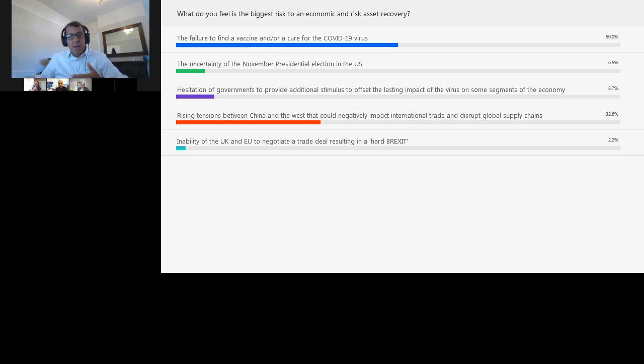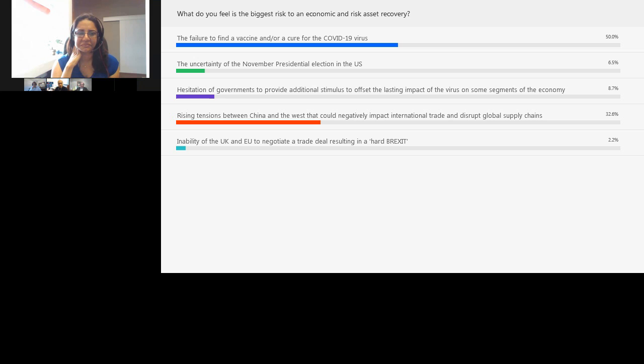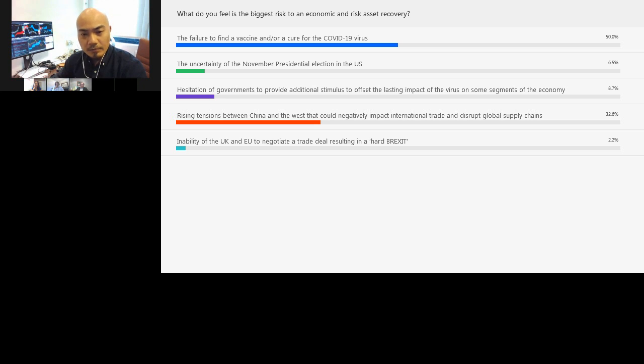Ultimately, I guess that's overall economic recovery. I mean, Ewan, what's your view on that based on what you just said earlier? Yeah, there's definitely more emphasis on the uncertainty of COVID right now, because that's kind of like a real medically